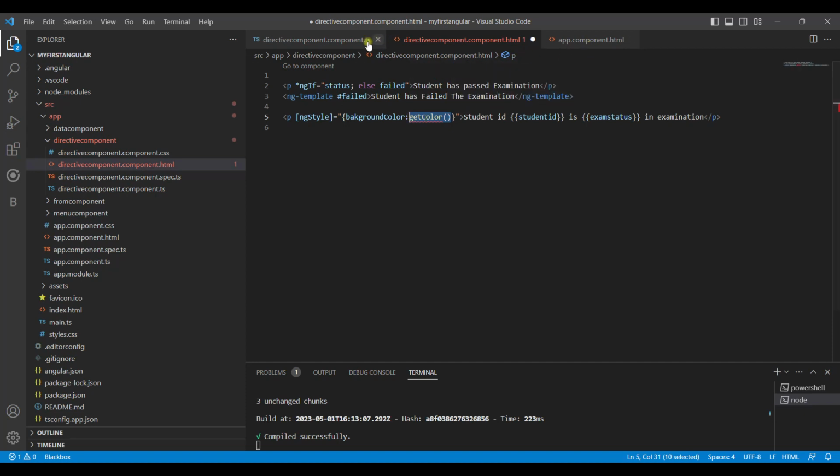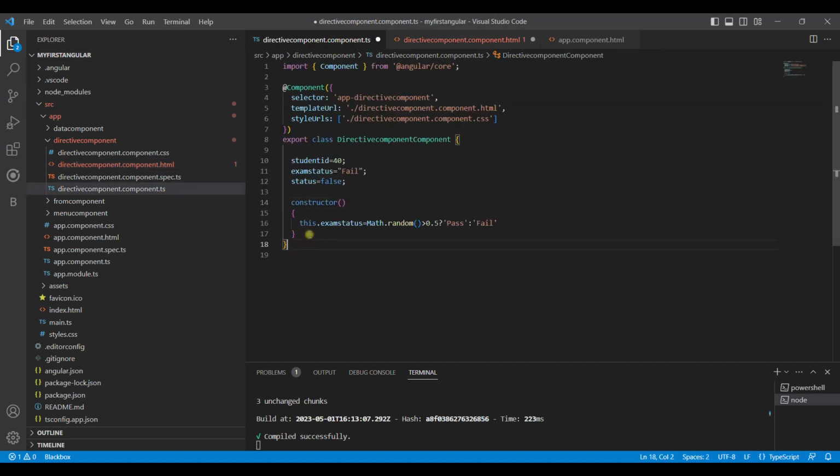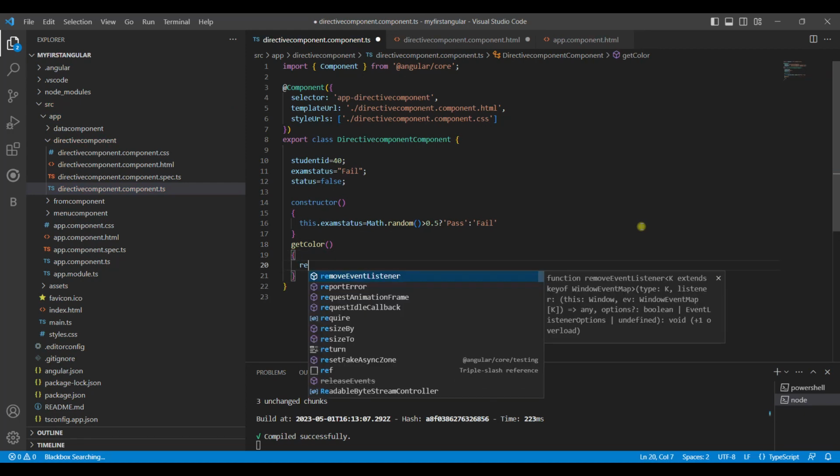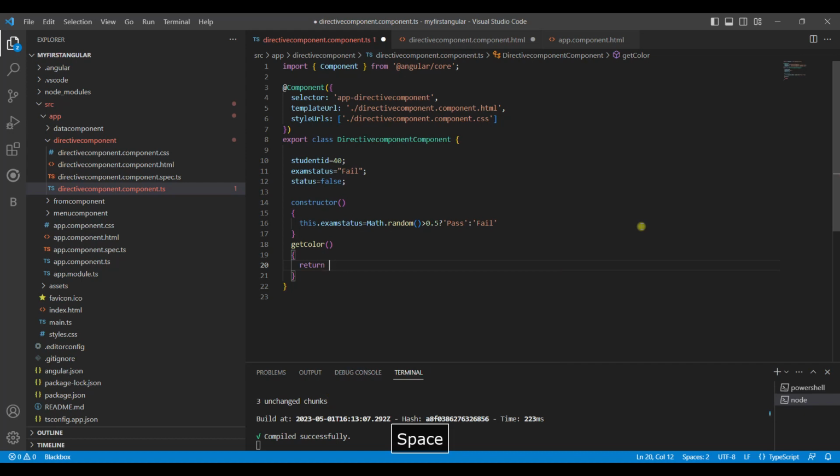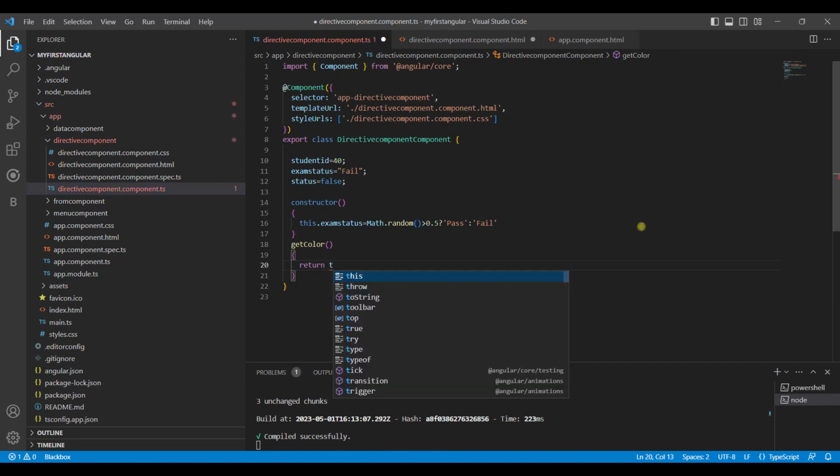So first we go in the component and we define a method as getColor, and we just return this.examStatus